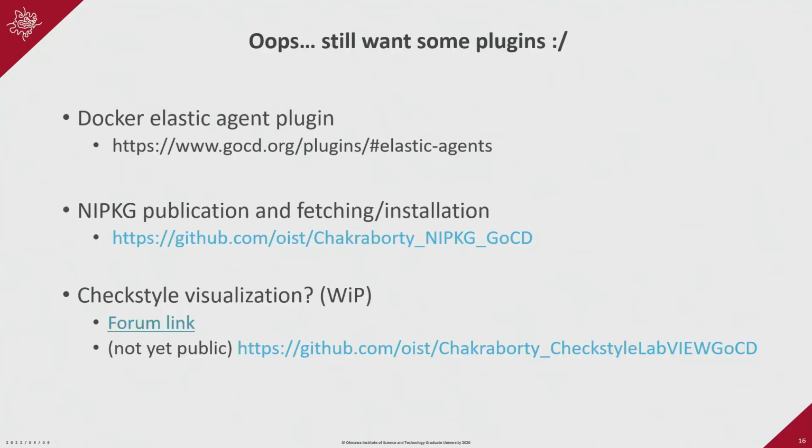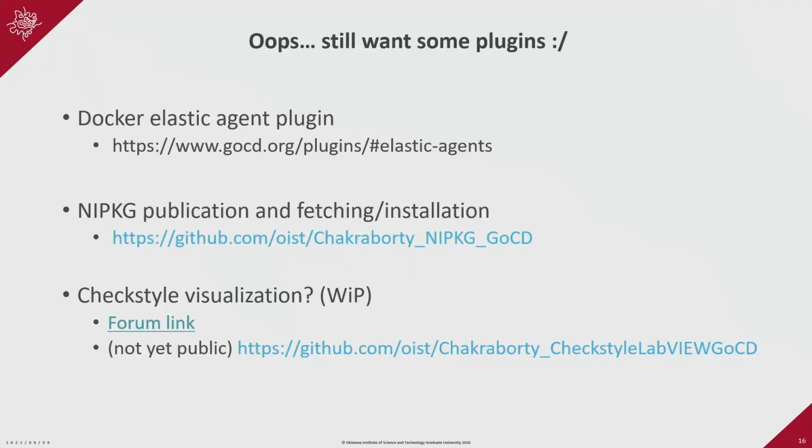I kind of hinted at this before, but despite deciding to use something other than Jenkins because I wanted fewer plugins, I then went and wrote 2. And you have to also separately download this Elastic Agent plugin, which is published on the GoCD website. If you want to use something like Kubernetes or Docker Swarm, there are separate plugins for those. I haven't tried either of them, so my guess is that they're actually more a focus of GoCD's development. They're quite keen to have people build lots of big things in cloud arrangements. So probably they have better